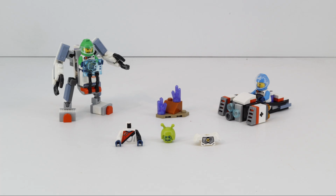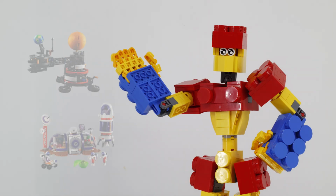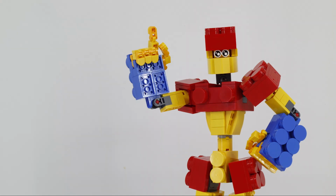These are the Polybag sets and more. That's right, ladies and gentlemen, and all you beautiful Technicolor people in between. This is the last video review for the City space sets released between 2024 and 2025. Not counting the other space sets for the Technic and Friends lines, we're down to the Polybags and a couple